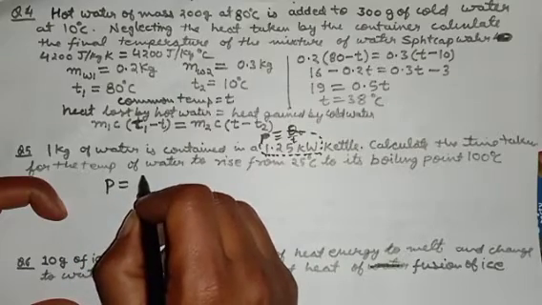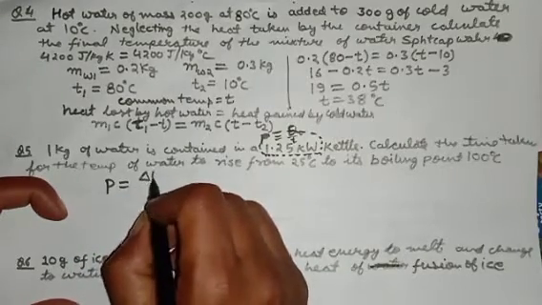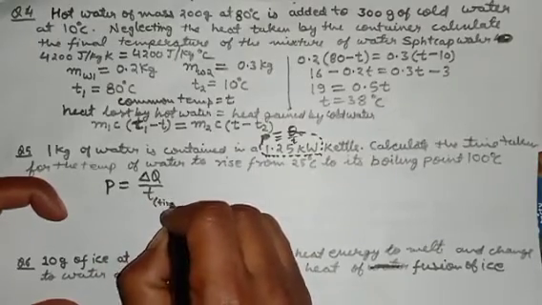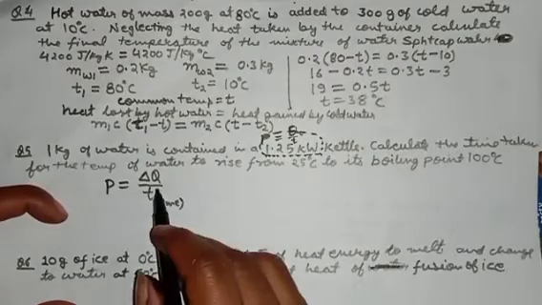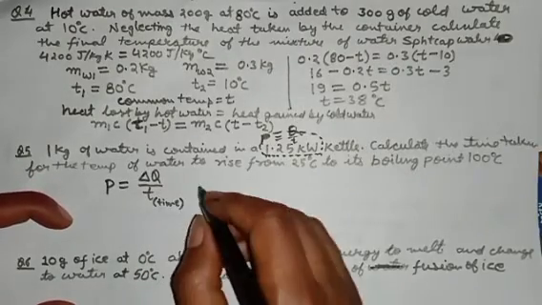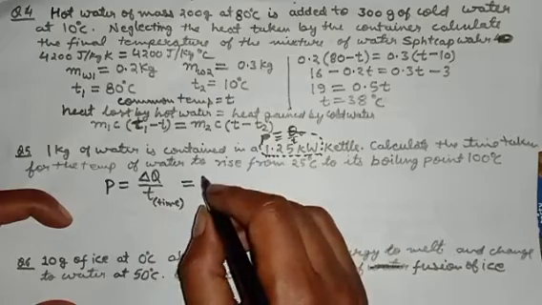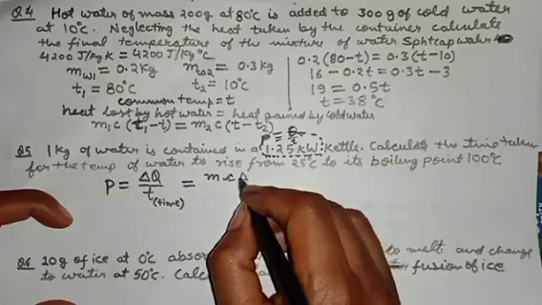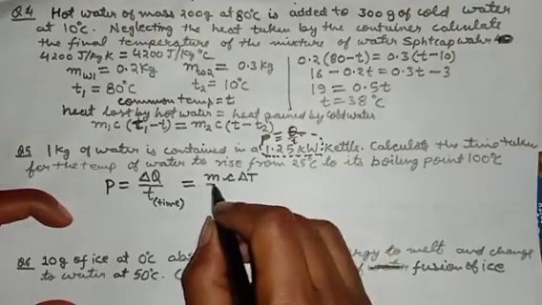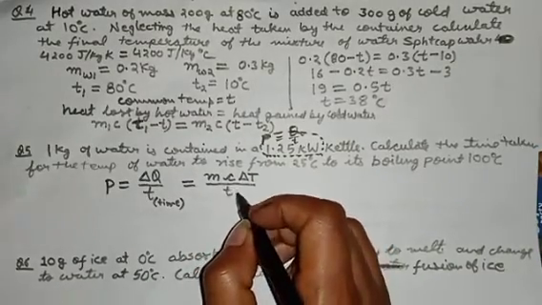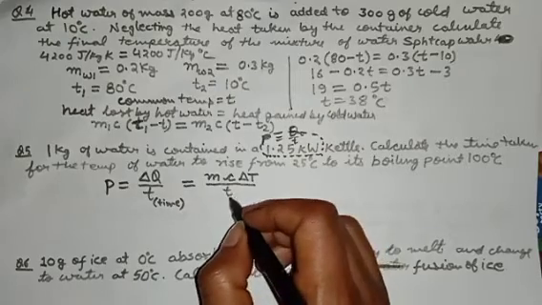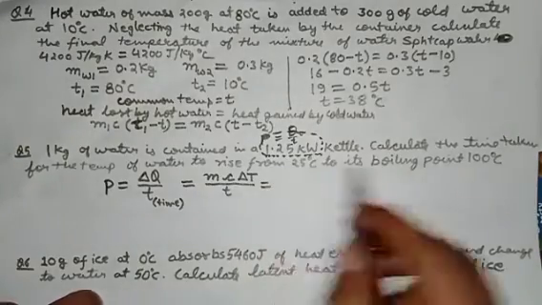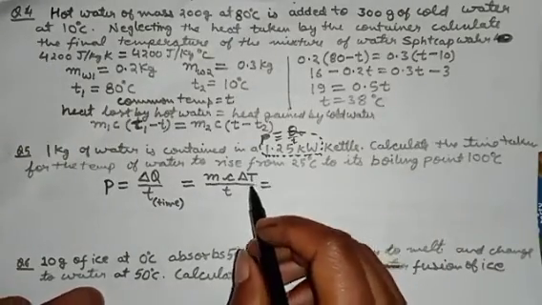P equal to Q upon T. I'm writing it delta Q, it looks cool, upon T. T is time. I'm putting subscript time also. Anyway, so delta Q is M C delta T. I'm using capitals so that we would not be confused about this and this. This is time, this is temperature. And once again, these are in Celsius and I will use them in terms of Kelvin.